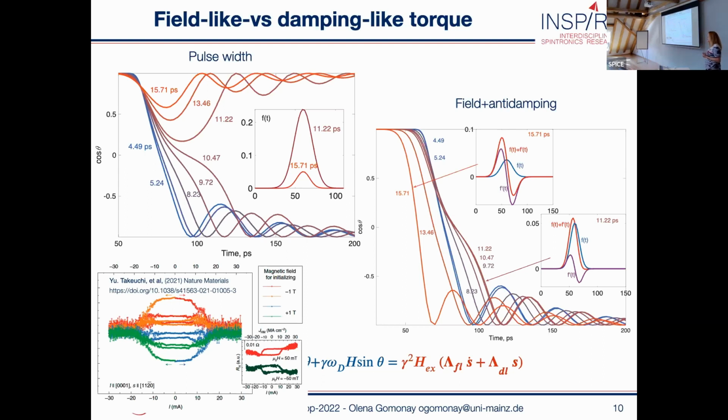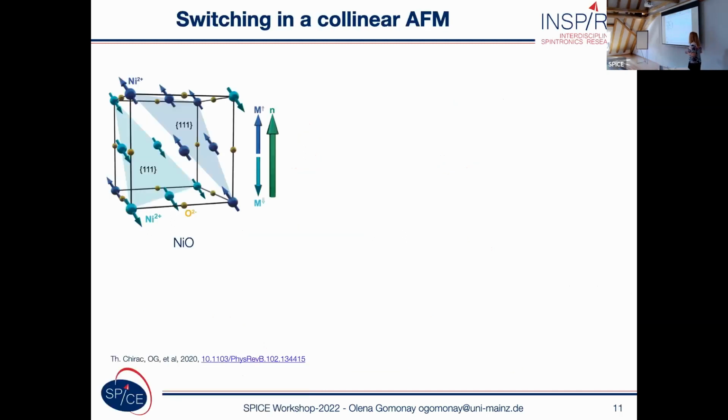These are electrical measurements, and of course they show the switching at very large time scales compared to this ultra-fast switching, but at least the theory shows us a route where we can achieve certain progress in switching. Then we decided to look at the switching in a more traditional material, nickel oxide,